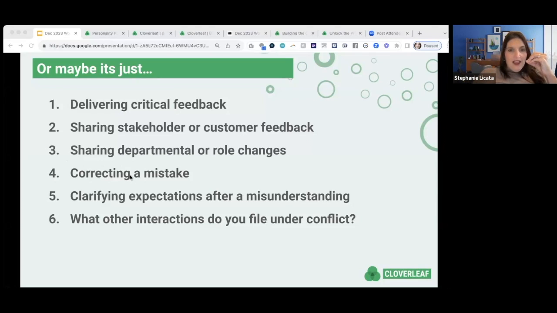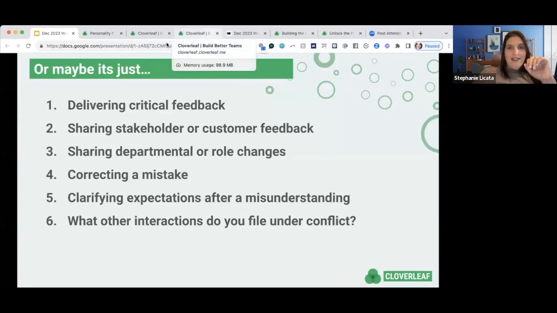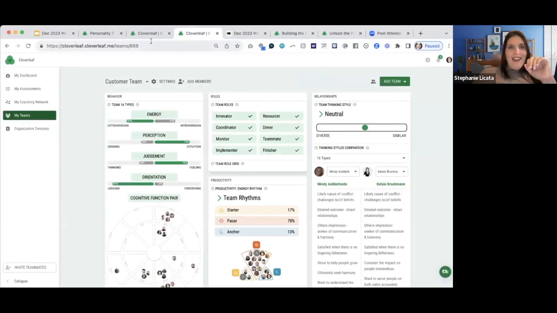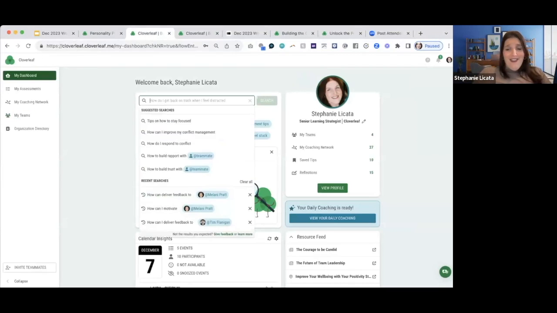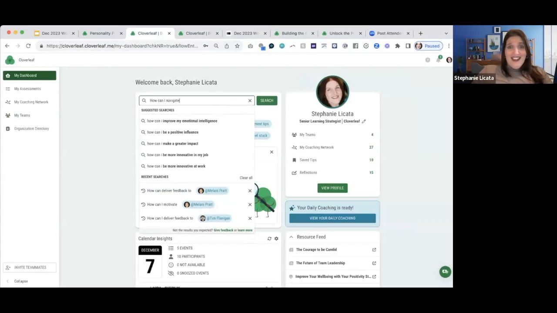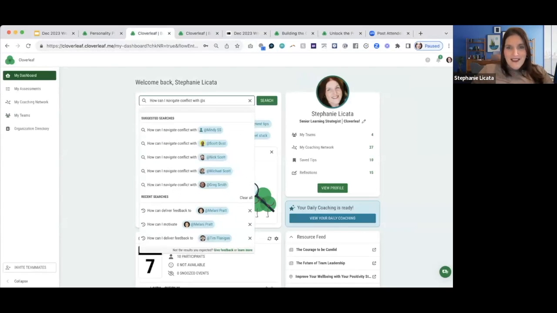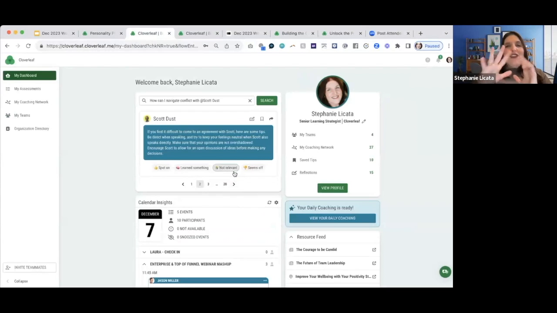Now, one of the things that helps with conflict is simple preparation. Preparation is everything. And one of the awesome things that we here at Cloverleaf do is give you an opportunity to prepare better for conflict, right? And sometimes that's just as simple as logging into my Cloverleaf and asking myself, how can I navigate conflicts with, let's see, who am I going to pick? With Scott. And so even if I just take 5 minutes to prepare,